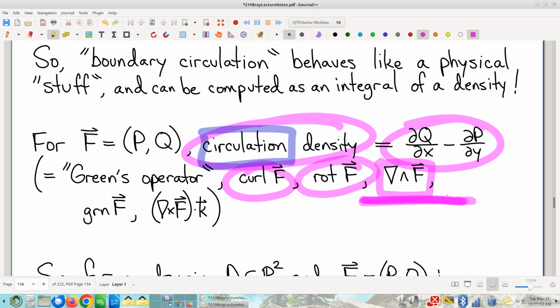At some point, this is a little bit of a me story. I have always been a little uncomfortable with calling this curl, because there's another curl that we're going to see later in the course, and it's kind of nails on a chalkboard to me to call two different things by the same name. It just bugged me, and so I wanted to find a different name. It occurred to me this is the operator inside of the theorem universally known as Green's theorem, so why don't we call it Green's operator, and I abbreviated that as GRN.